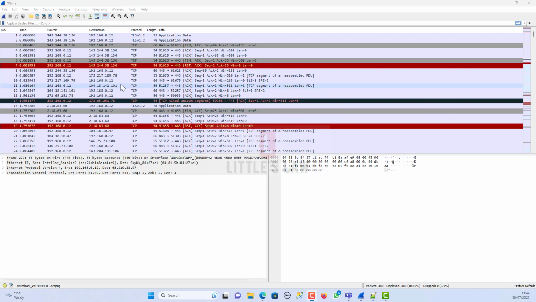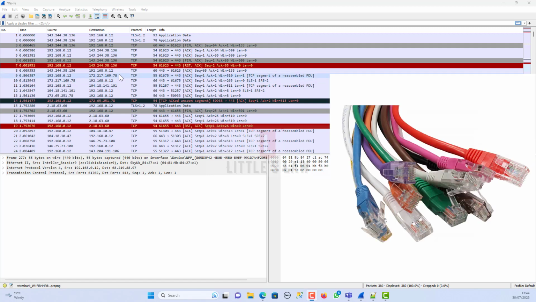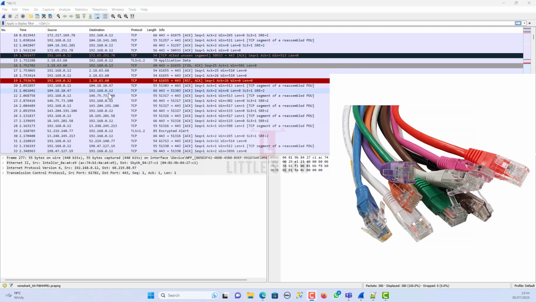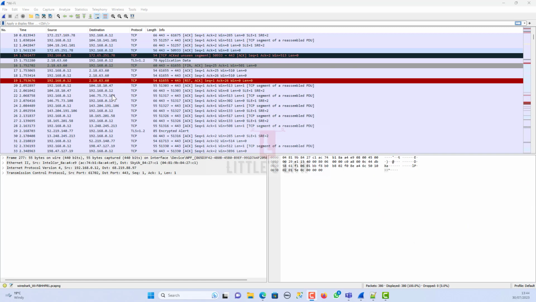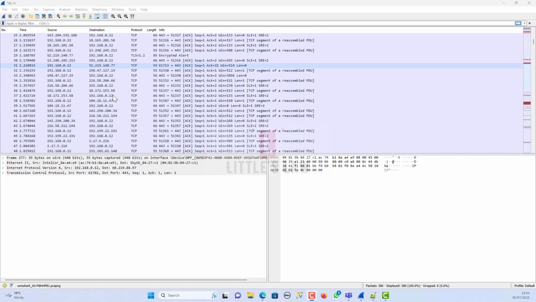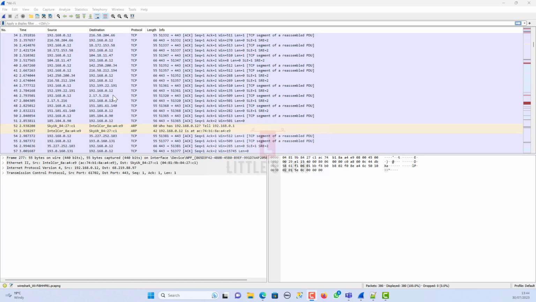Wireshark helps us to peek inside the internet cables to see how data is moving back and forth. Now imagine this. You're sending a message, an email, or even watching a video on the internet. All that information is sent in tiny little packages called packets.